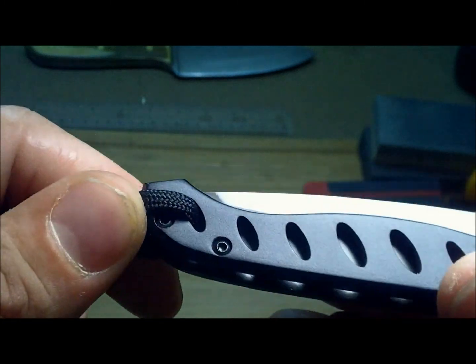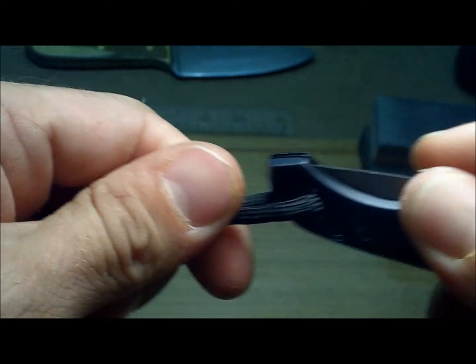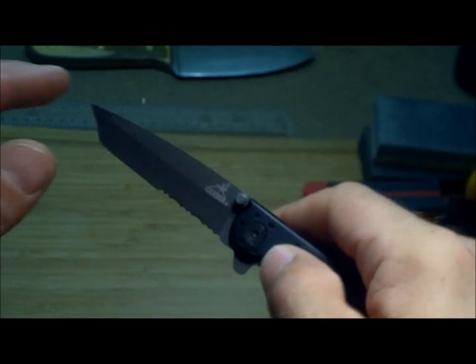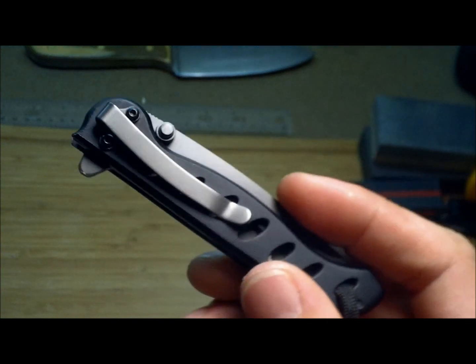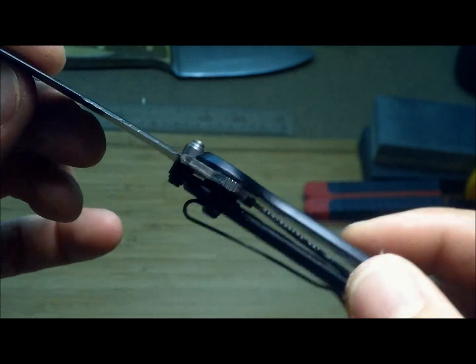You see, it's got, well, not really a lanyard hole, but the very last hole on here, the blade doesn't touch. So I went ahead and ran a piece of paracord through it, just so when it's in my pocket. Because when I was carrying it, I did actually just throw the whole thing in my pocket. I just pull it out like that, and bam. I don't know. I'm not a fan of the tip down carry. And that's another thing. I mean, it is only tip down. See, I really don't like that lock. Anyways,